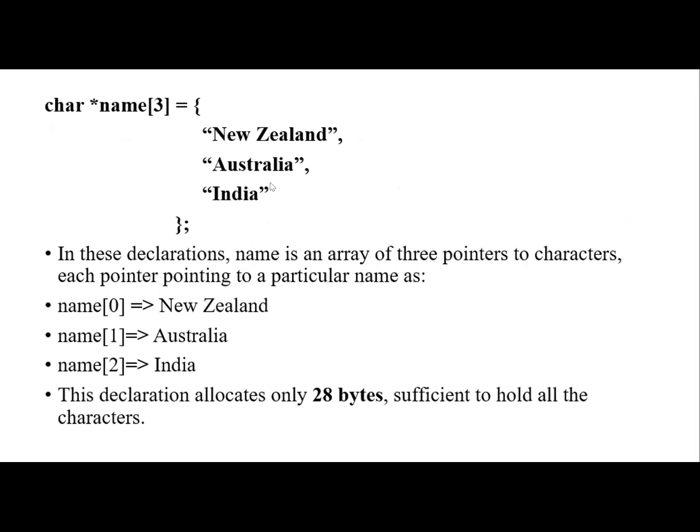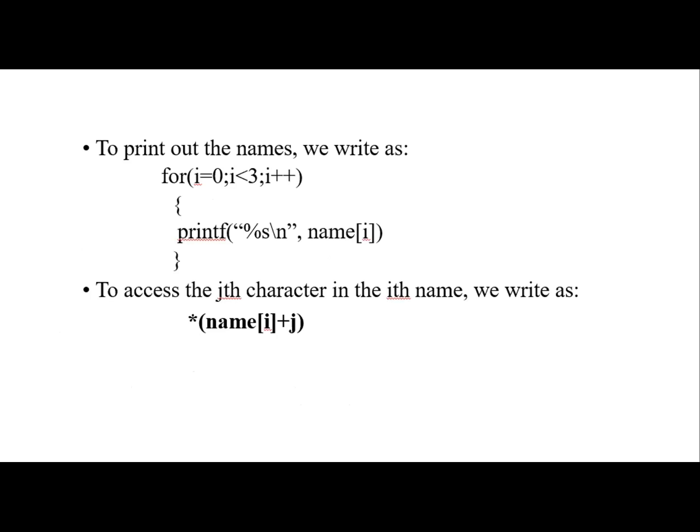So we require 28 bytes in terms of this example by using a pointer. Okay, so that is one advantage of using the pointer. Try and understand. Then to print out the array name, we can directly write